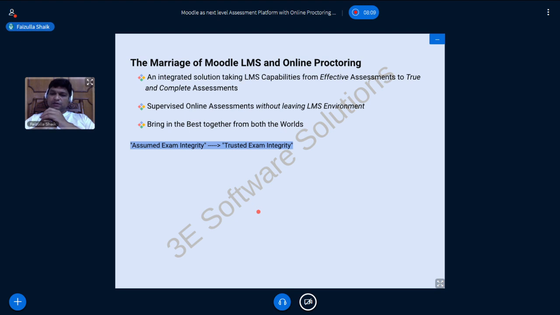They have put everything into the picture, and they have a very good platform, in terms of content delivery as well as effective assessment. Let's say they have brought in Moodle for this, and they are successfully able to deliver the content as well as the assessments. Now let's come back to the subject we started with at the beginning: the authenticity and the integrity of the exams. The question is, what is the guarantee that the learner is being highly sincere as she takes the exams? What is the guarantee?